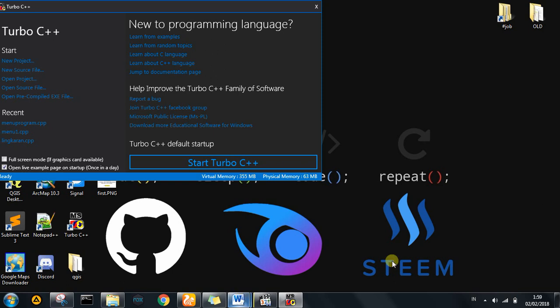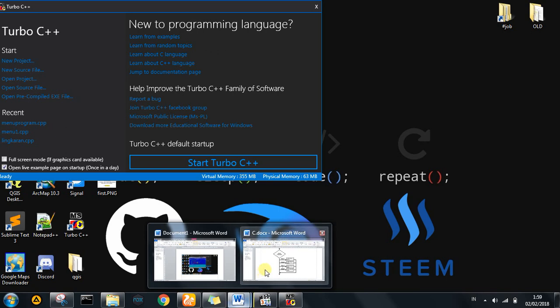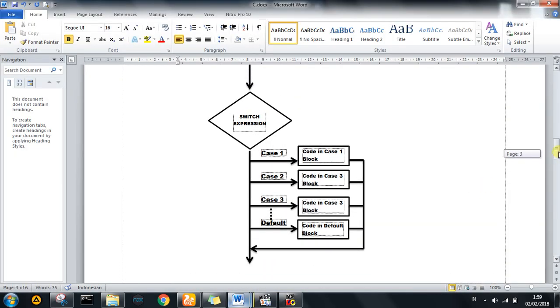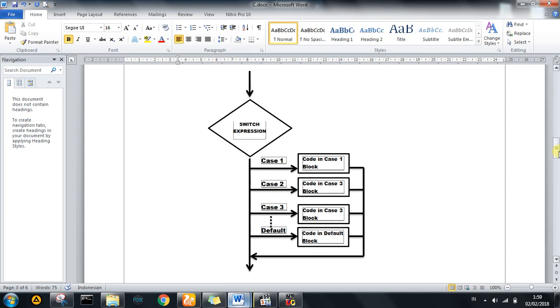And I will show you the switch case flowchart that I made in my Word Office, and explain it step by step. The first is the switch expression. The switch expression is the conditional expression